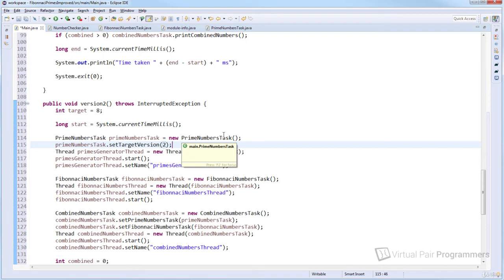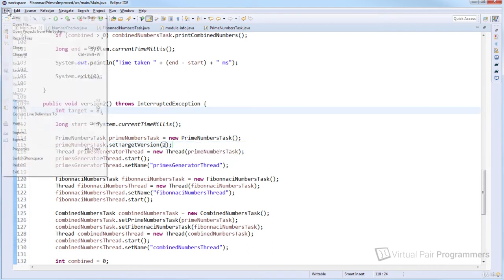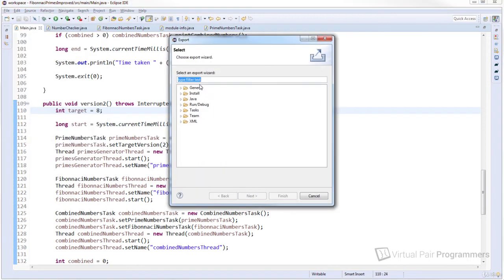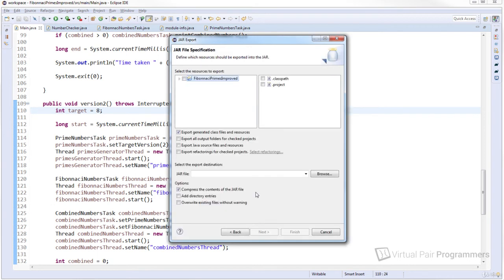So in order to get all of this code into JMH, we need to compile it into a jar file. So let's just go and do that. So it's going to be a Java jar file. I don't need it to be a runnable jar file. I'm not running this from a jar file. We'll just click on next. We want everything from Fibonacci primes improved. We'll give it a